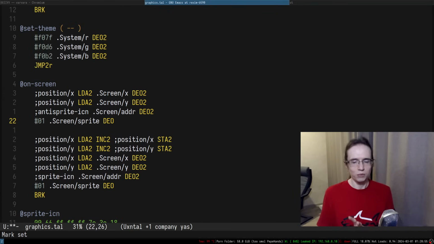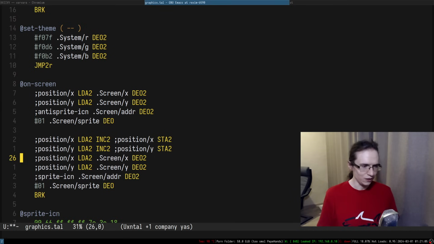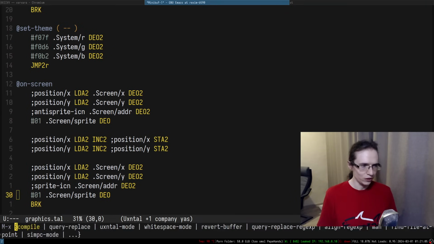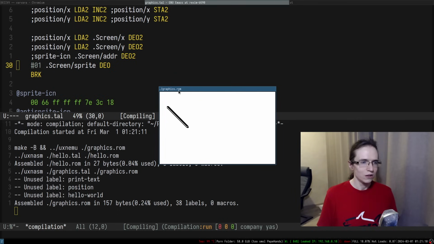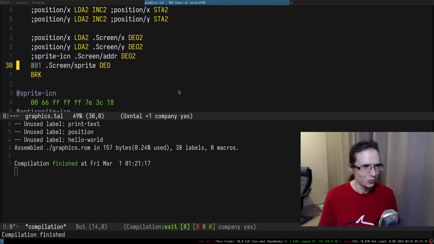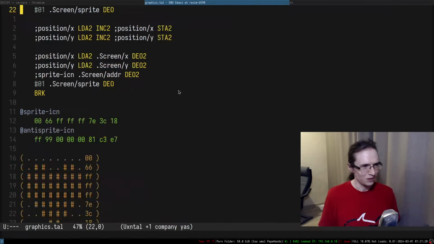So we're using the previous position for the anti-sprite. Then we're updating the position. Then we are reading it again, right? And then we're setting it again. So now if I try to do that, that didn't work. That's horrible. Why didn't it work? Okay, so that's bizarre.